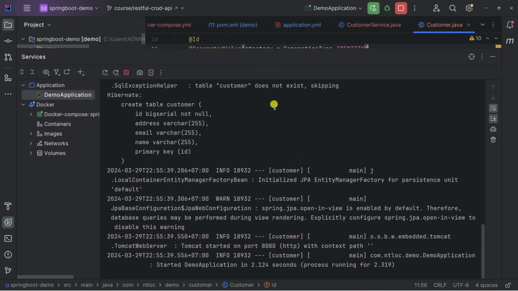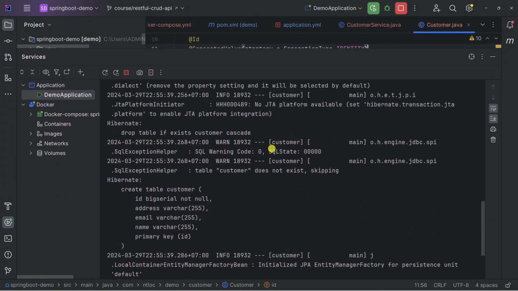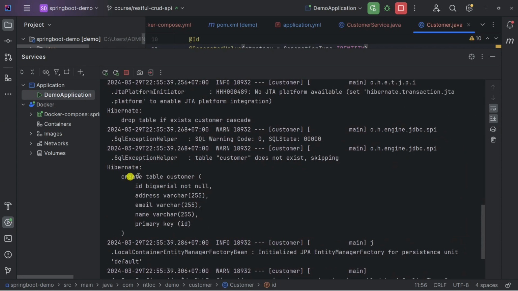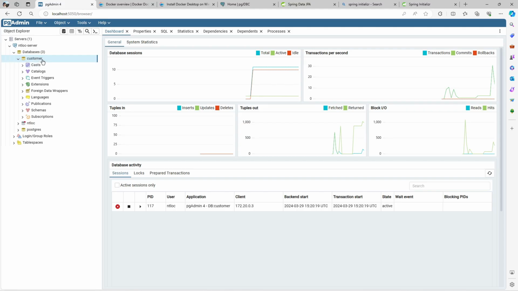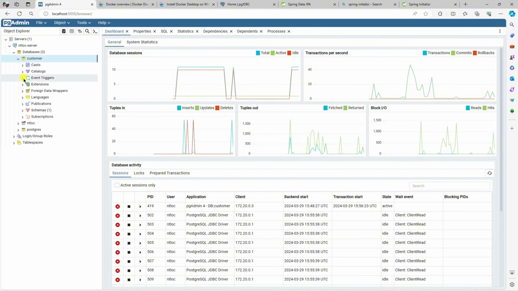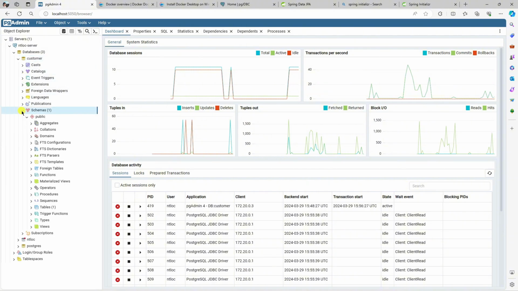And so you can see in here, if we have create table customer, we have the ID, address, email, the name, and the primary key is ID. Go back to the browser, under customer database, open schema.